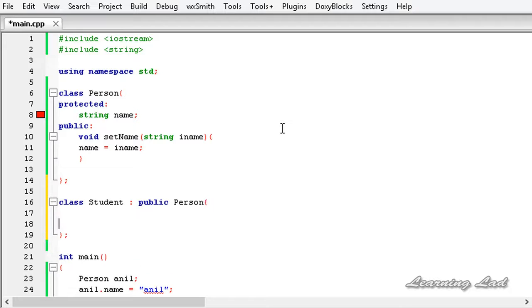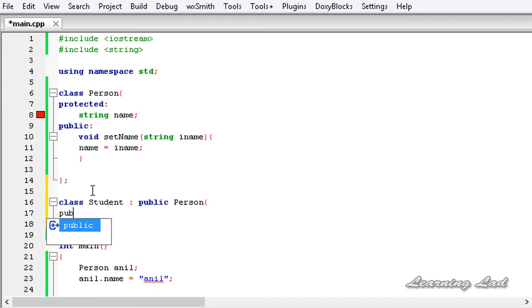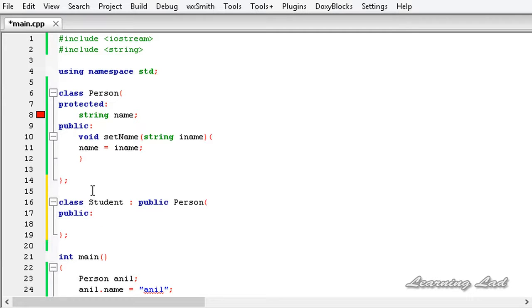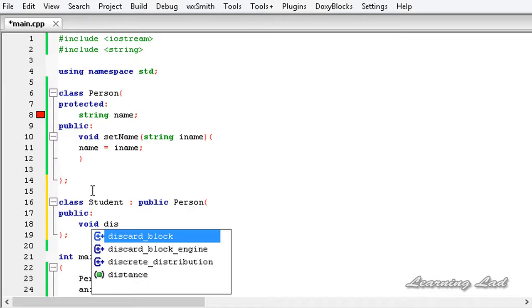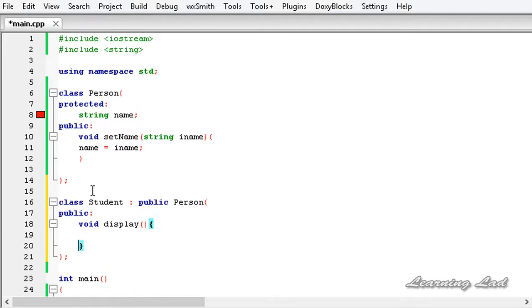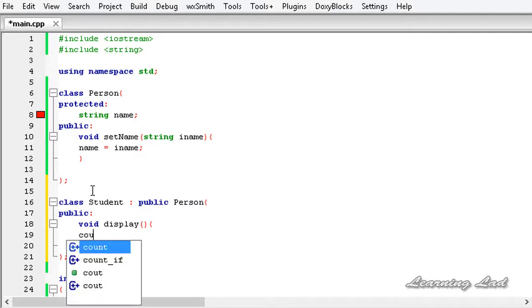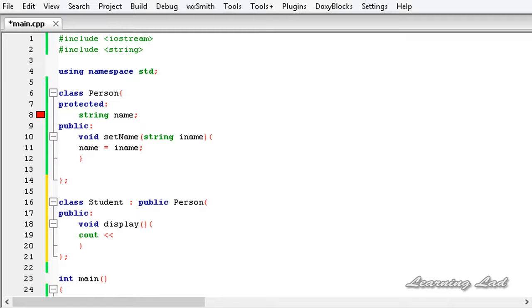Here, let's say we want to display the name. So I'm going to create a public block using the public access specifier, and build a function, void display, and this function is going to display the value stored in name. So it's going to be cout, and we can access this just like any other variable. So it's going to be name, and just end this line.